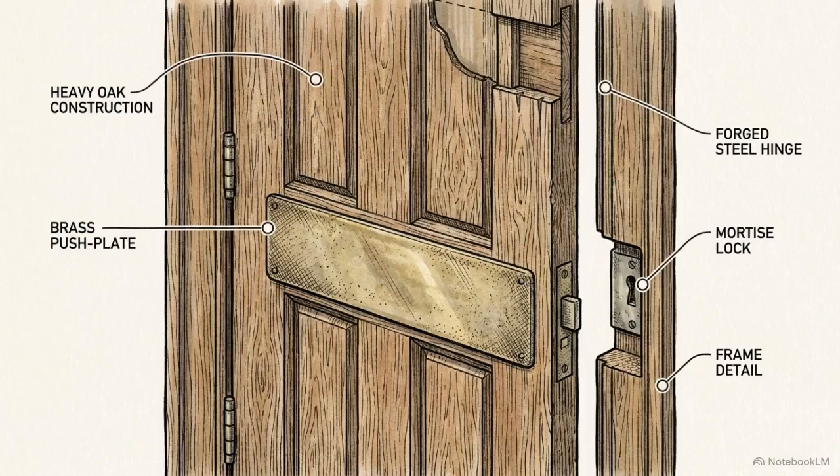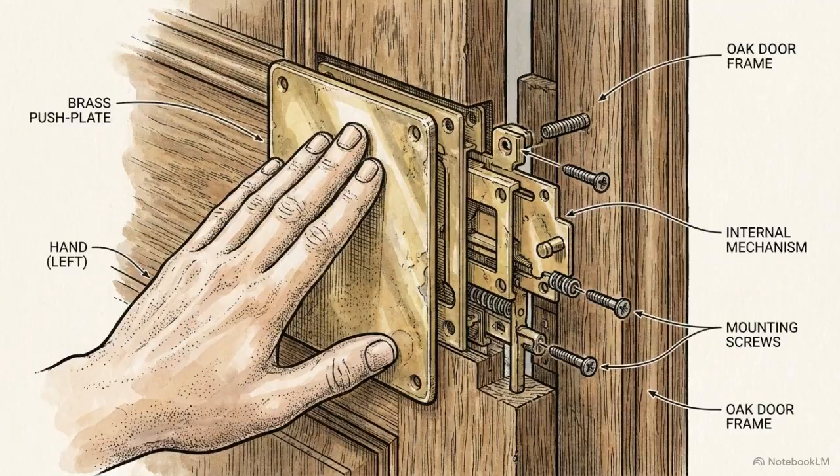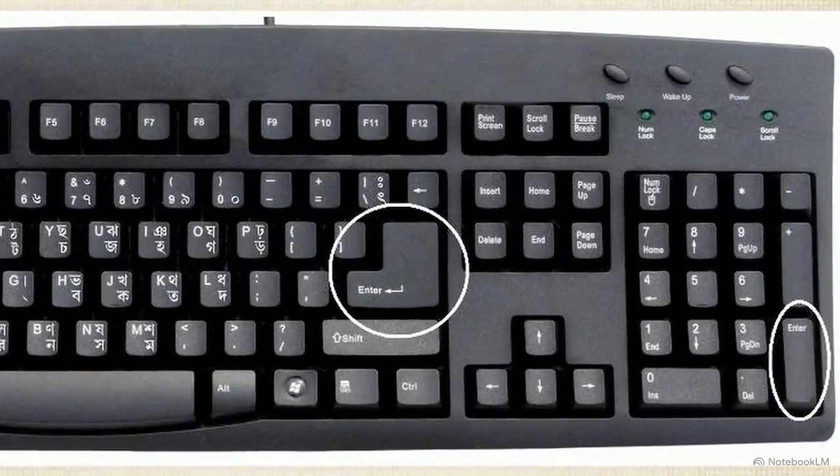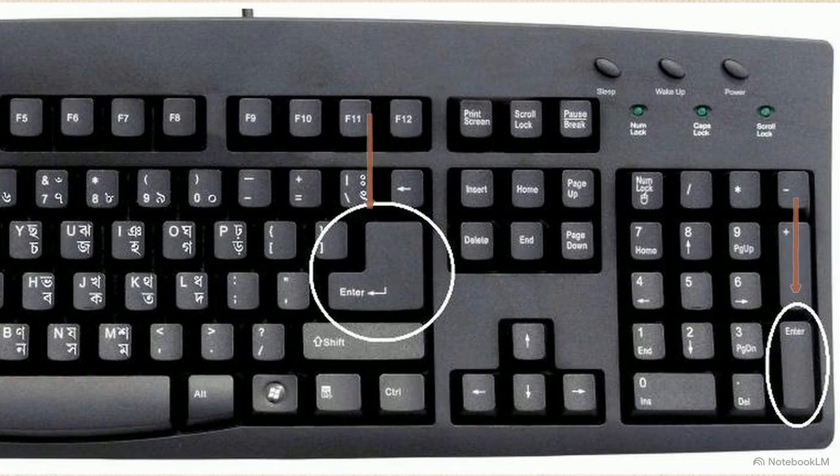To understand why these breakdowns happen, we look first to affordances. These are the physical properties of an object that allow a user to implicitly understand how to interact with it. This keyboard highlights the danger of perceived affordances, what the user believes an object does based on its appearance. Notice how the identical physical shape of these two distinct keys induces the exact same thought of action, creating immediate